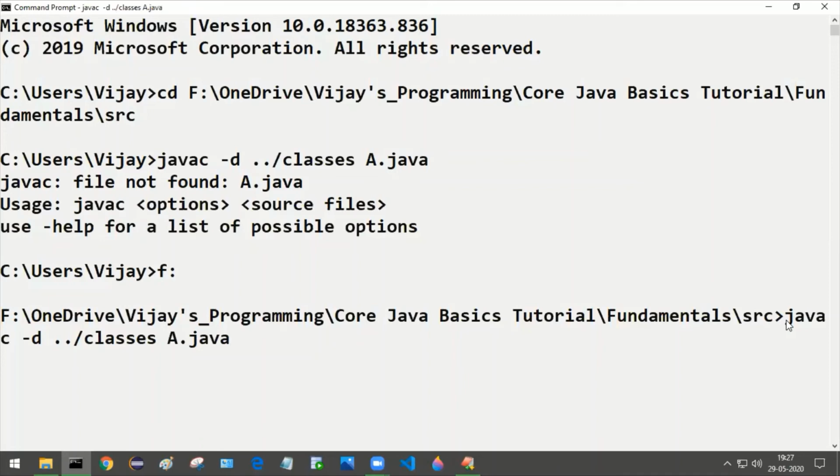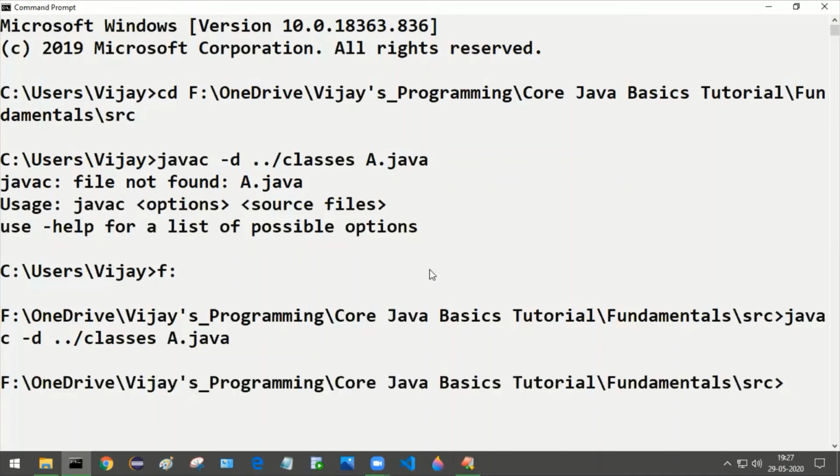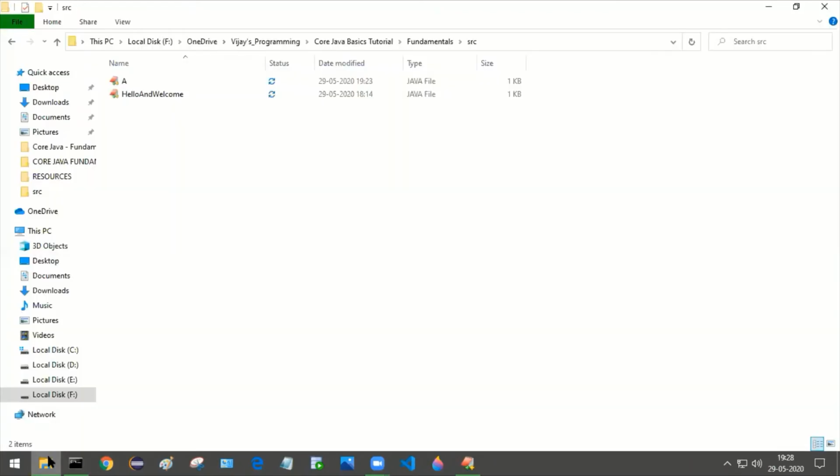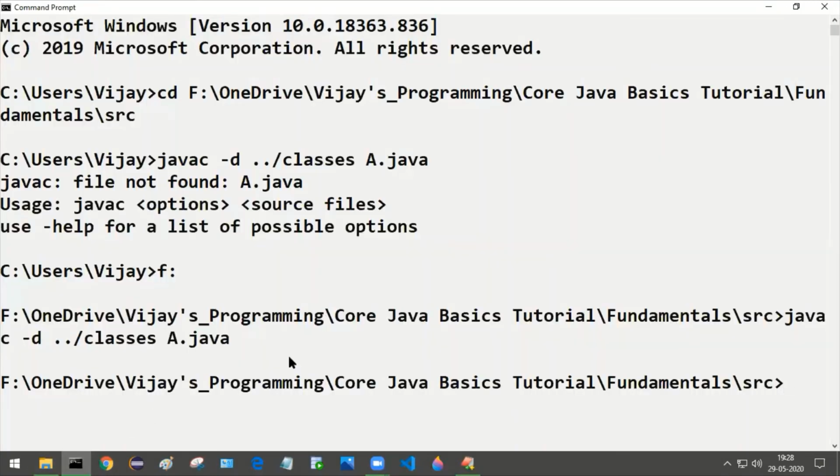Press enter. Successfully, our A.class file has been generated inside the classes folder. Go inside the classes folder, and you can see that the A.class file has been generated successfully.